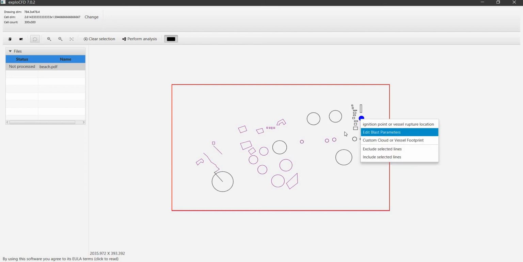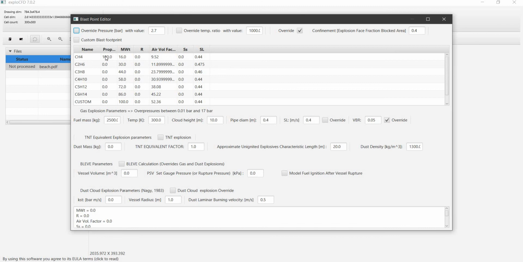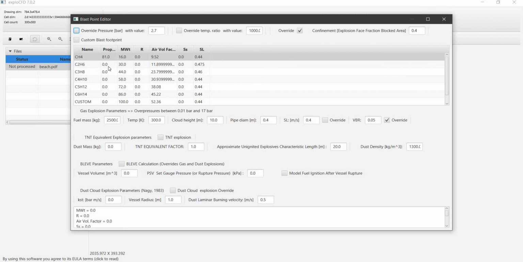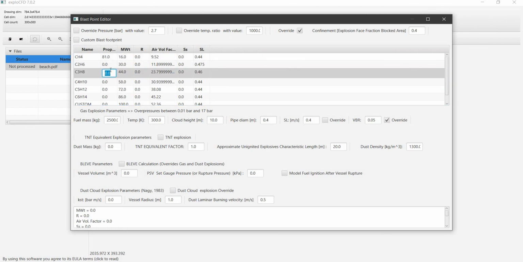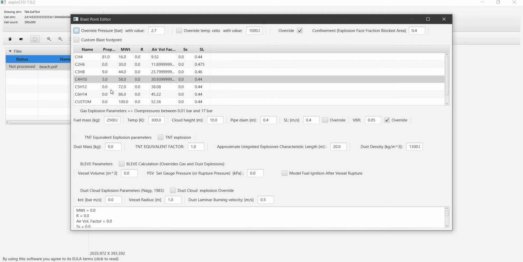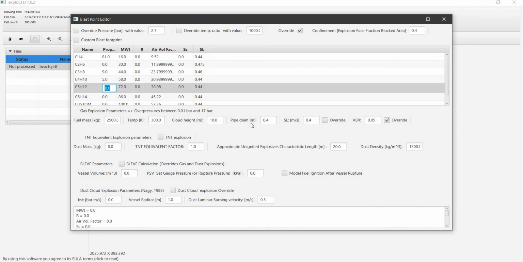I'm going to edit the blast parameters. So I want LNG style, so I'll go 81% methane, let's say 9% propane, 5% butane, and I'm just double clicking and entering the number and pressing enter. And we need to know the size of the gas cloud, the mass of the gas cloud. Let's say this is 10,000 kilograms, the pipe diameter, the average